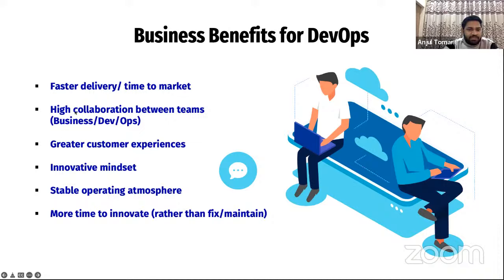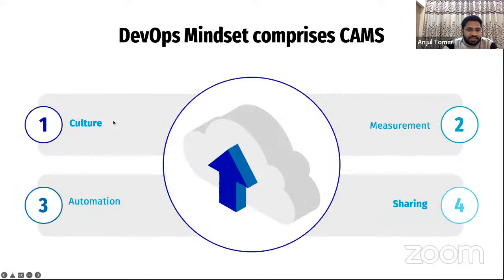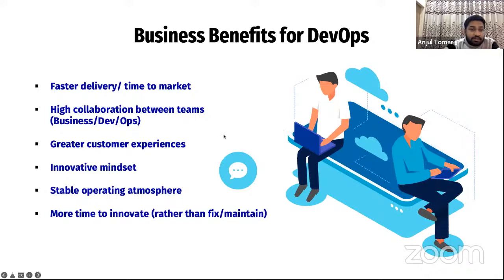Higher collaboration between the team, business, DevOps. This is a more generic term, right? Basically, if we adopt DevOps for business, let me just go back to the slide for the culture. This is actually point number one. Whatever problems we face in the organization, if you open up this diagram, ultimately something is breaking down in some part of it. This is the cultural point, right? Let me just switch back.